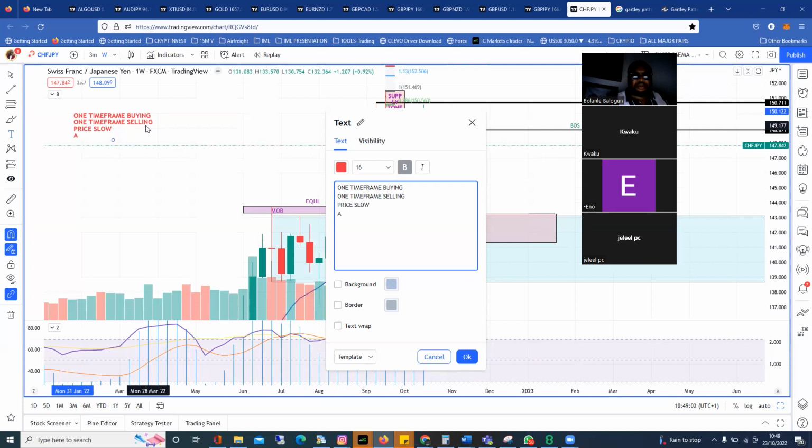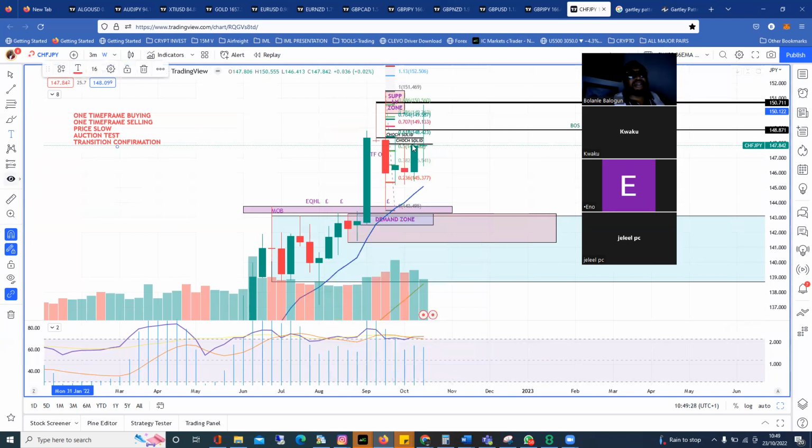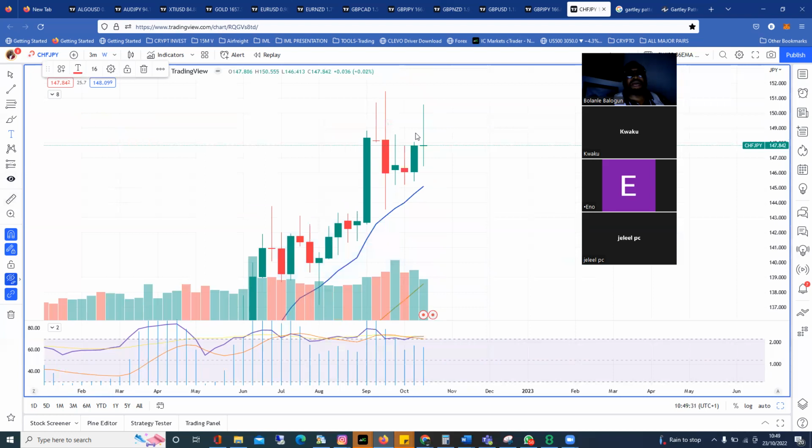And then we can have auction tests to test the strength of either the buyers or the sellers in the market. And then we can have transition confirmation. So each and every day auction follows the same kind of process, or each and every week auction follows the same kind of process. And I'll be delving into this process as we get along to understand the market participant